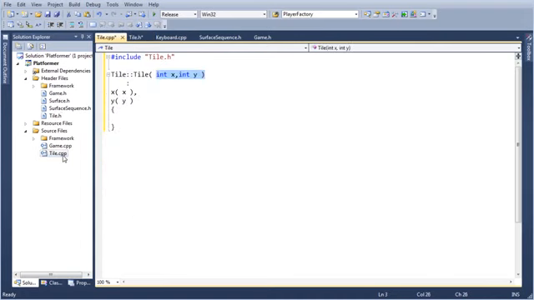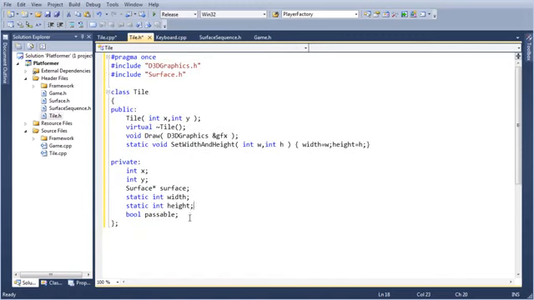So let's go back here. Oh wait, now I remember what I was doing. Forget it. We don't need a surface, because what I was planning on doing was making the tiles just solid colors. That's gonna be the homework. I almost did your homework for you. Whew. Lucky us. So we need a color. D3D color.